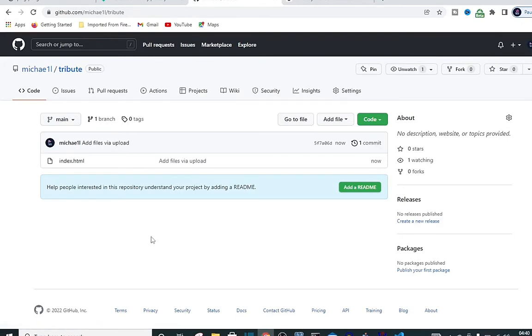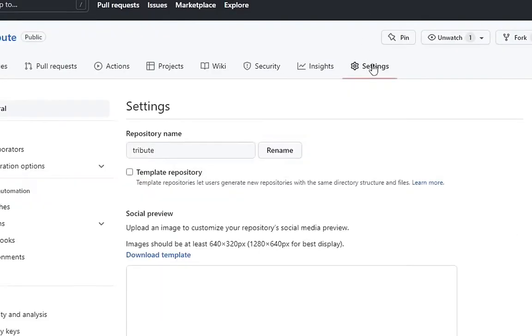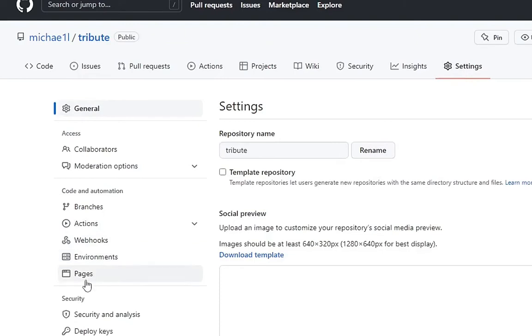That's it. We're done uploading the file up to GitHub. Now let's host it on GitHub. Come to your settings, click on settings, then come to pages,